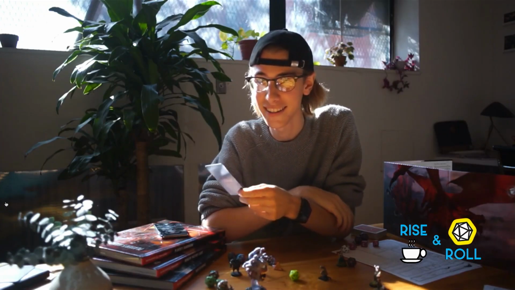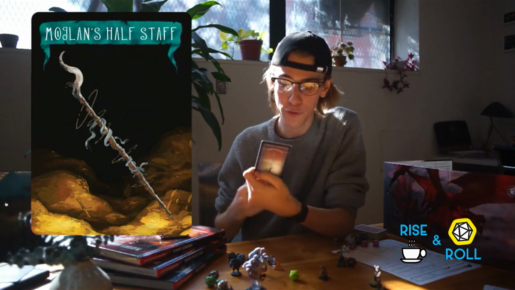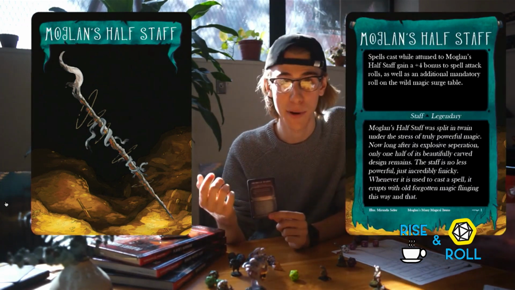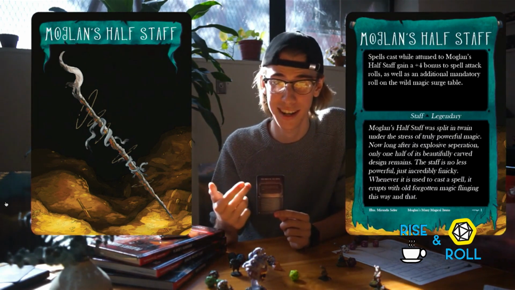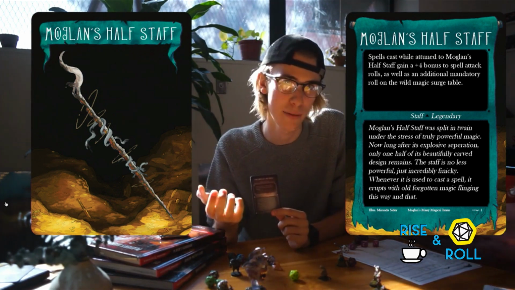So I created 50 brand new magic items. Moglan's Half-Staff, the Sword of Shards, Blight, To Ash and From Dust, the Ironwood's Bat, and redesigned 10 of our classic items that we all know and love. On the front of every card, you have beautiful art from both of our illustrators. And on the back of every card, you have the stats right on the top. And on the bottom, you have a whole bunch of flavor text telling about where the item came from or